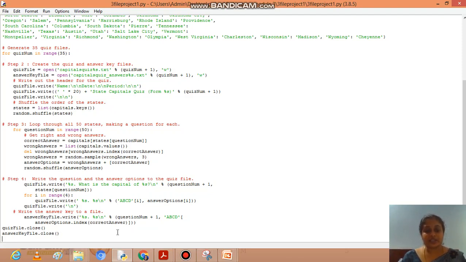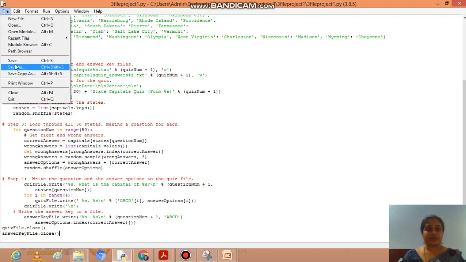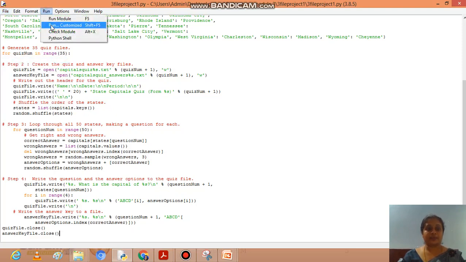So index to the correct answer and write the correct answer here with respect to the question number. The answer file will contain the question number and answer script. So the quiz file will be closed and the answer key file will be closed. Once we save and run the program